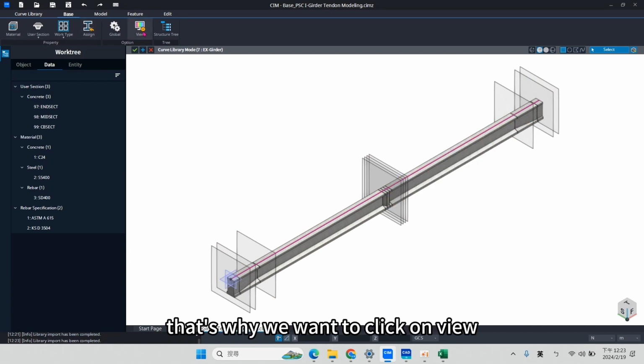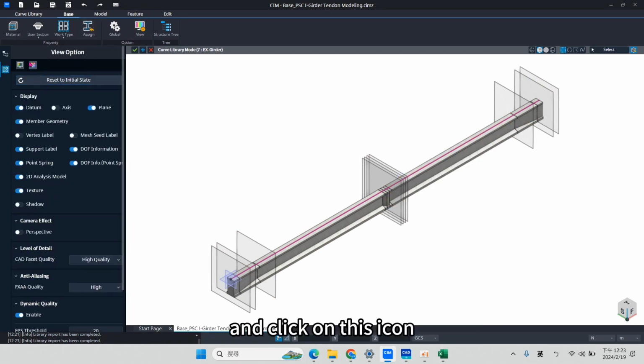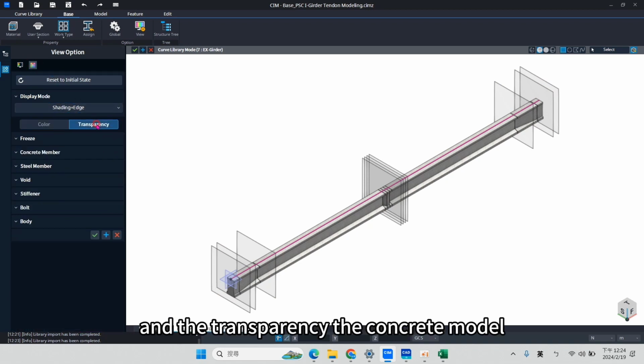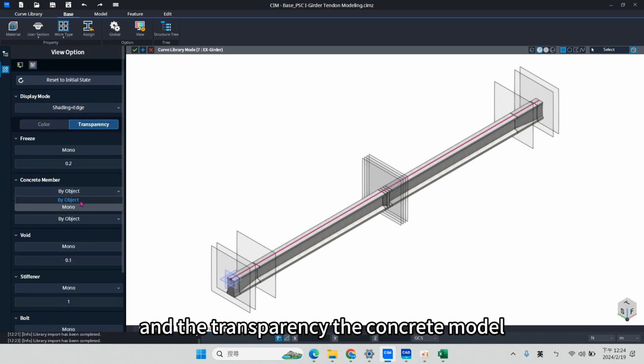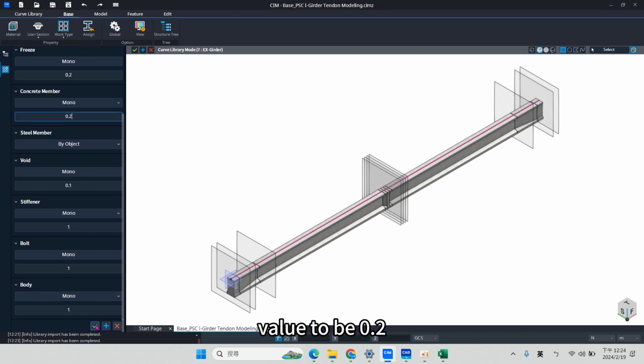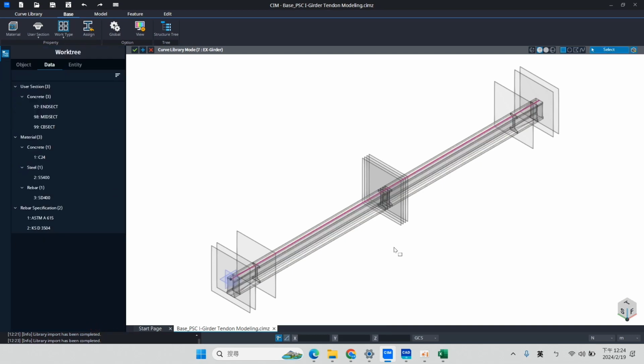That's why we want to click on view and click on this icon, click transparency, and click convert member of model with 0.2. In this case, we will see the curve library is transparent.